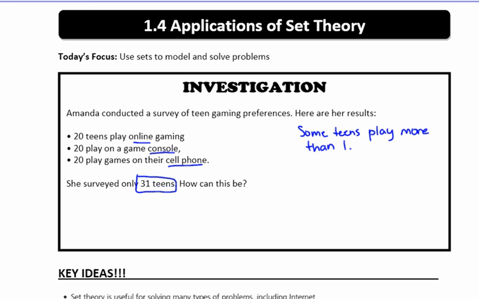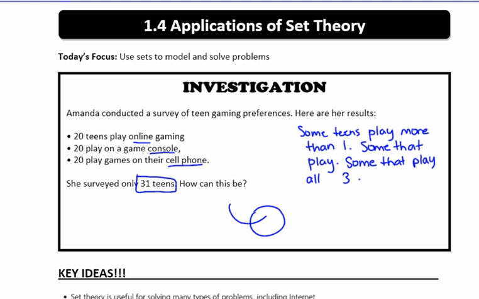They can play, there's probably some that play two. And there might even be some that play all three. Right. So,